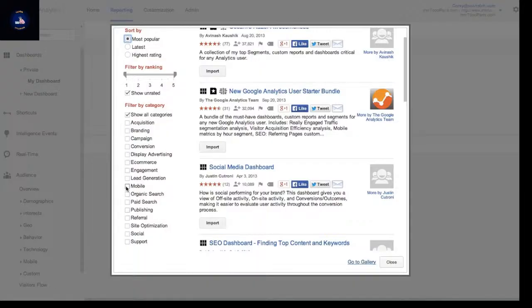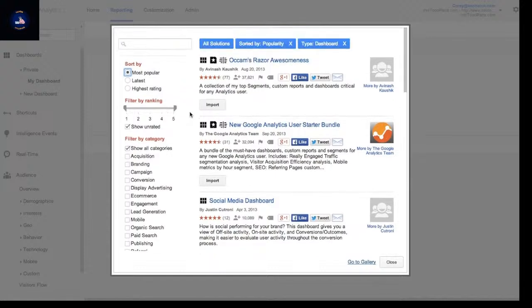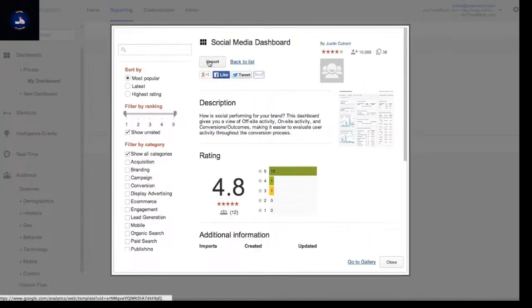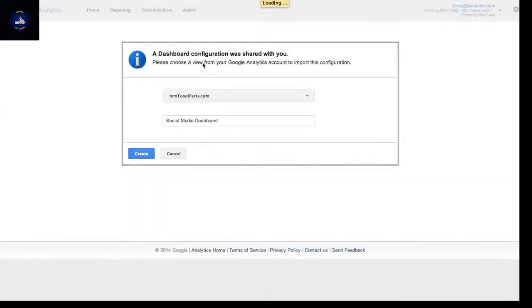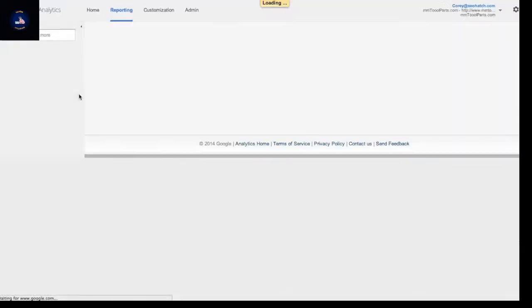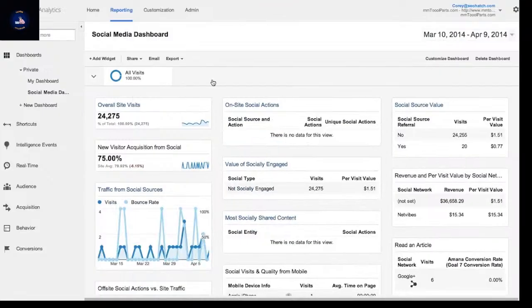So if you're looking for a mobile report, maybe you're an e-commerce company, you want to see how mobile traffic is doing in comparison to desktop traffic, you can search by that. But something I'm going to show you real quick is the social media dashboard. So all you have to do is click import. It'll give you an option to change the name. You select what account you want to show, click create, and then that dashboard is right there underneath this category setting,